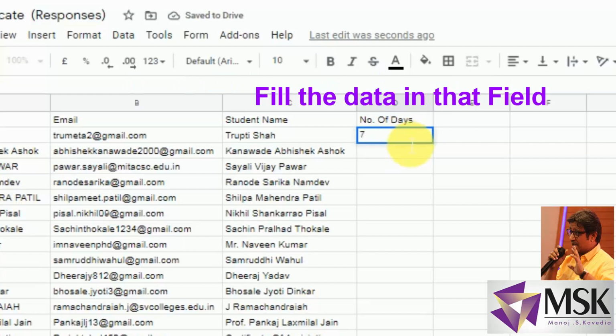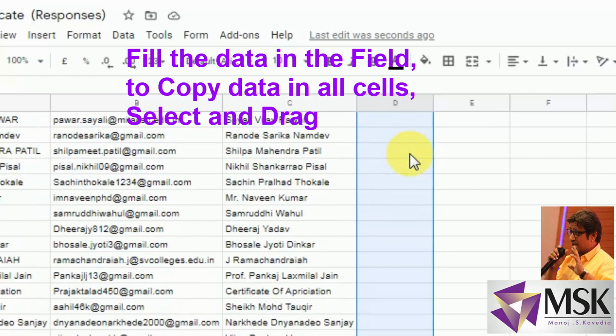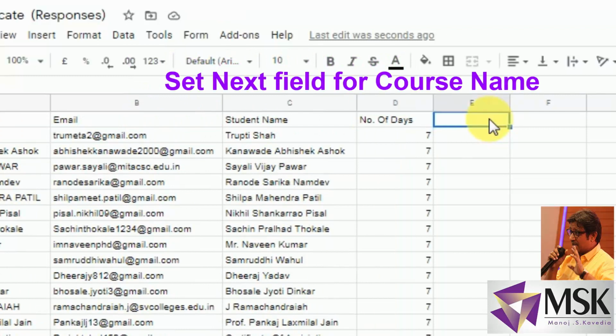I am filling the data as 7, and now I'll copy it and drag it down to make all the fields 7. Once you select and drag it, all the data in the field becomes 7. See, now it has become 7. Now the next field I'll take is course name, because one of the fields in my certificate is the course name.